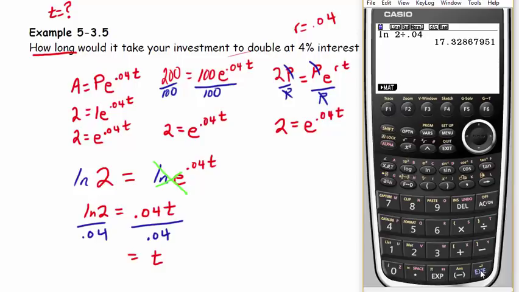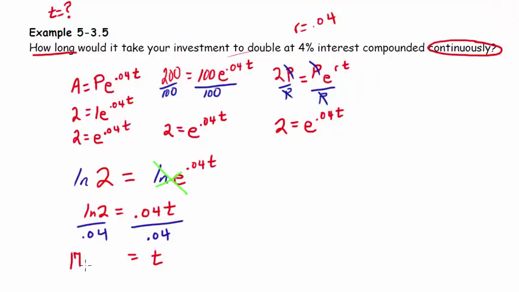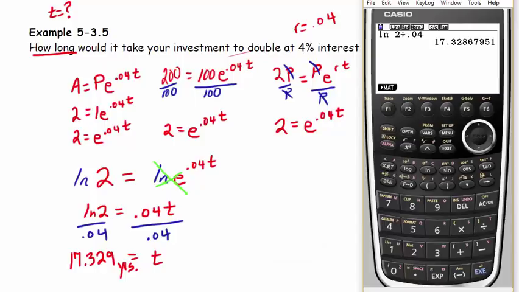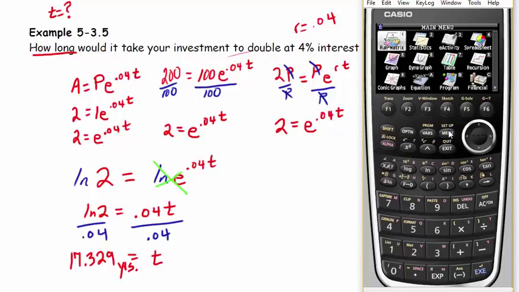So we get 17.329 years. Alright, so no matter what I started with, if my interest rate is 4% compounded continuously, it's going to take me 17.329 years to double. Alright, so let's see if we could arrive at that same result